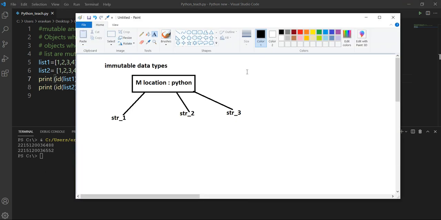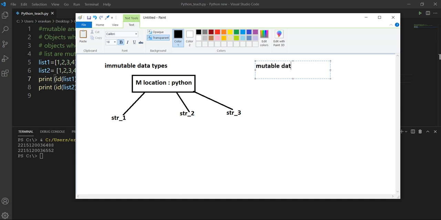So what is happening at the backend in case of mutable data types?